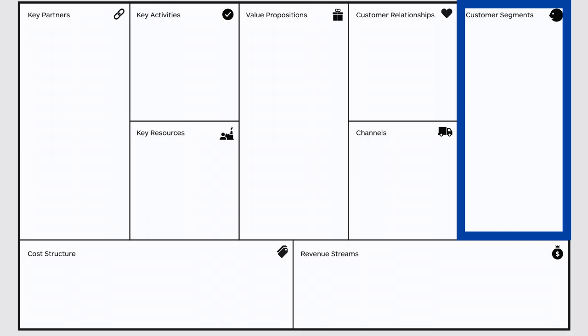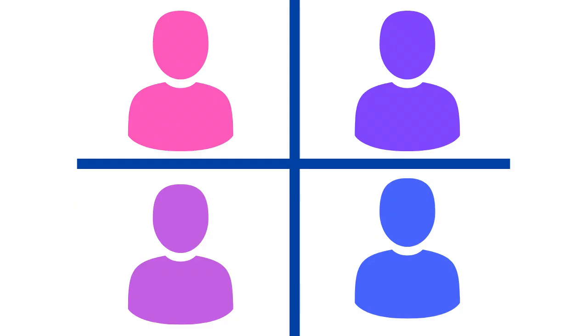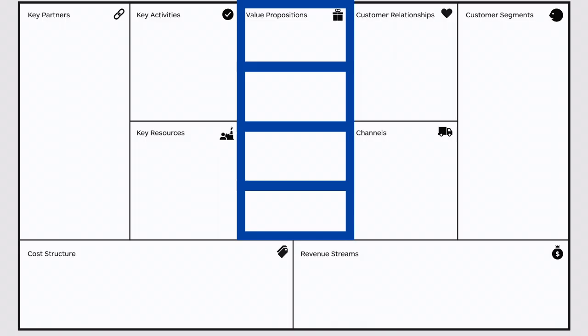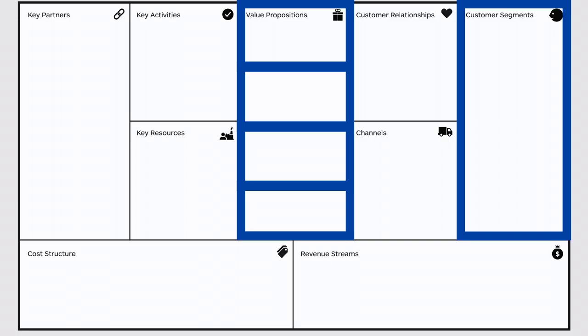The other thing that's important is that having various segments of customers might also cause you to create various variances on your value proposition, so that the proposition, the product, the service, whatever it is that you're providing, is modified in some way to relate to one particular customer segment as opposed to perhaps others or another one.